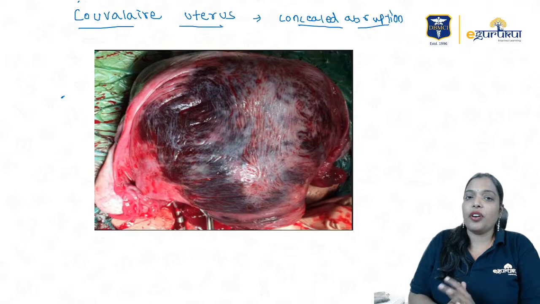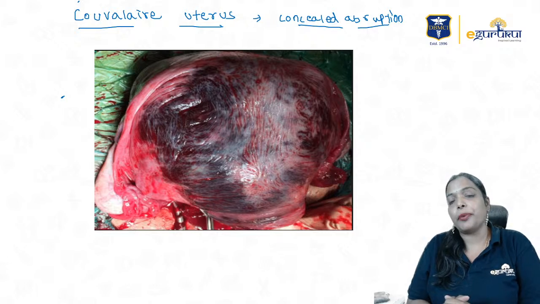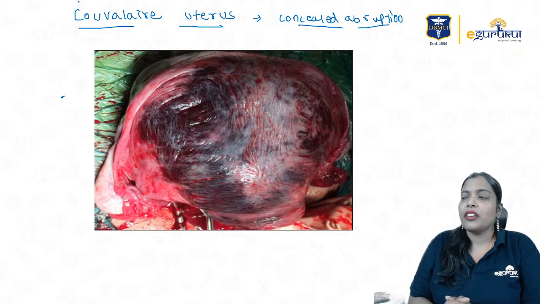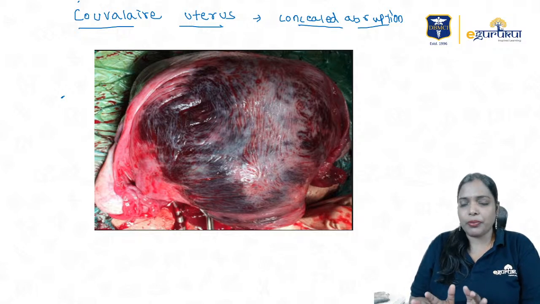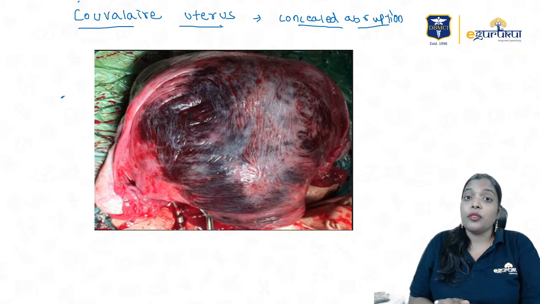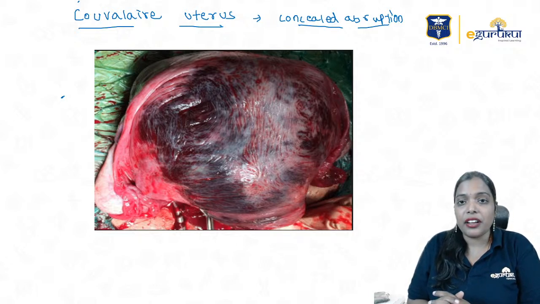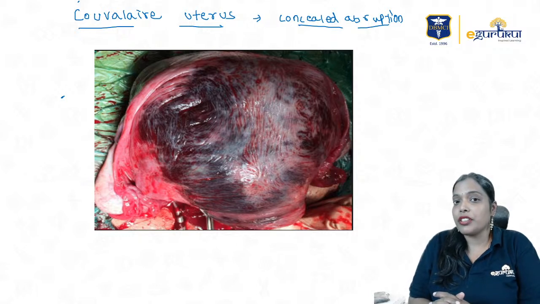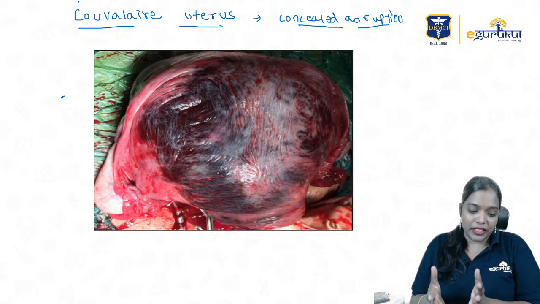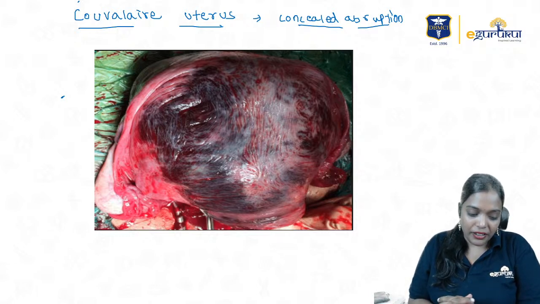So I was waiting on this patient. I repeated the scan at 20 weeks. It's still low lying. She came with bleeding again. I told her bed rest. Take some rest, right? One day at around 32 weeks, she comes to you saying, doctor, I was sleeping and when I got up, I saw I was in a pool of blood. Not literally a pool of blood, but yes, more blood, right?